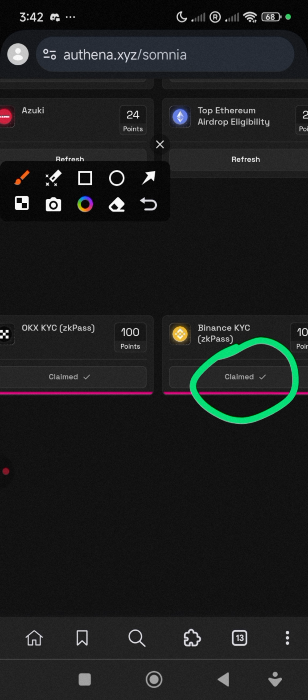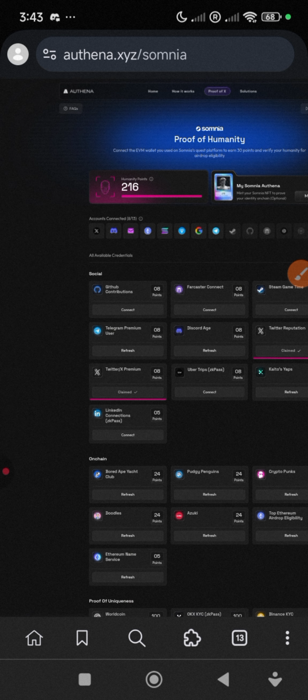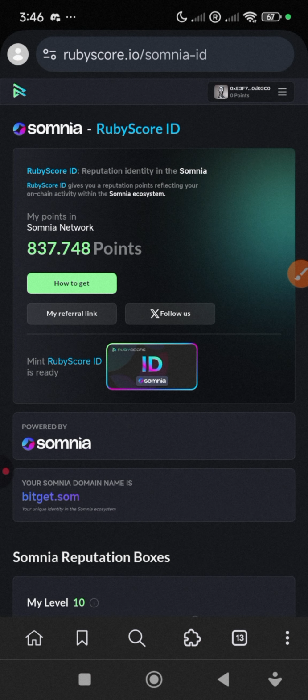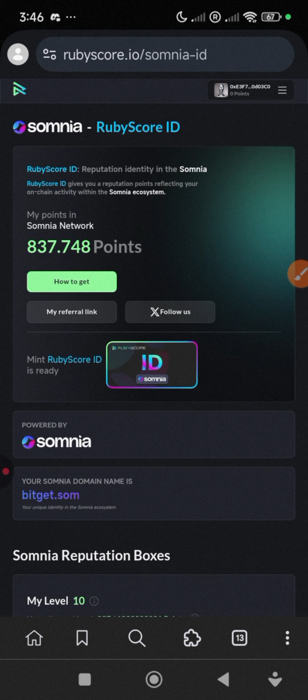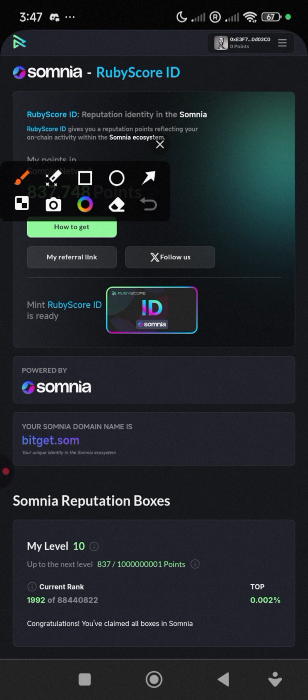wait for it to load, and you will claim your reward. Easy and simple. Now, I promise you that I'm going to show you something on RubyScore. For everyone that minted their RubyScore, if you have not done what I'm going to show you right now, you might be missing out on a reward that will be coming to those that minted. Now, if you minted the RubyScore when it was still available, I think it's still available right now, but if you did not mint it,